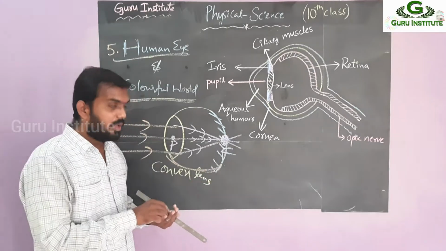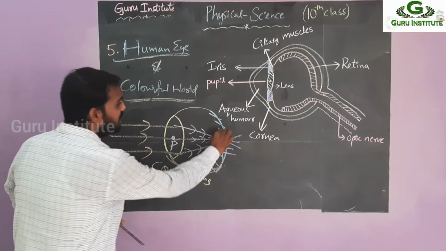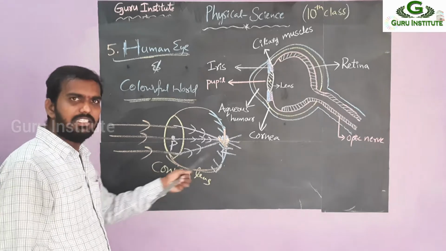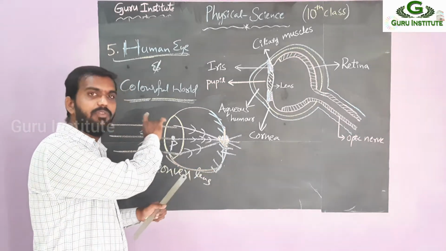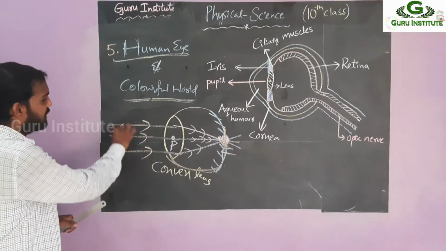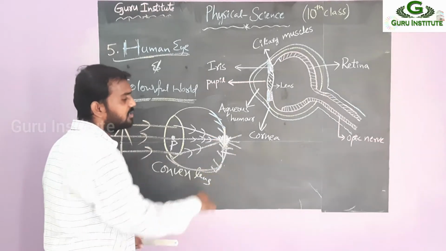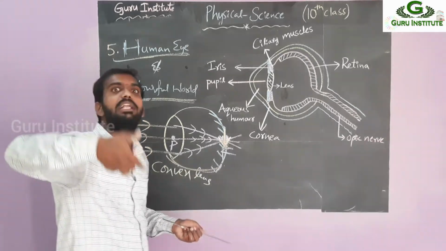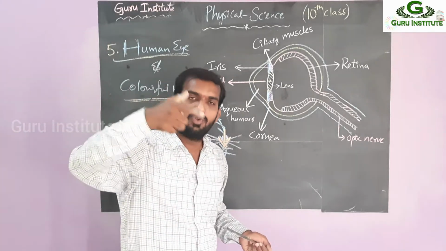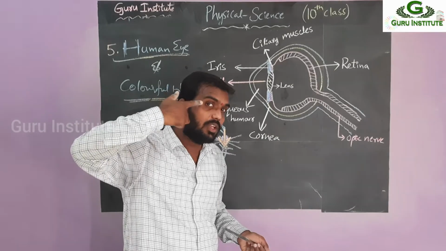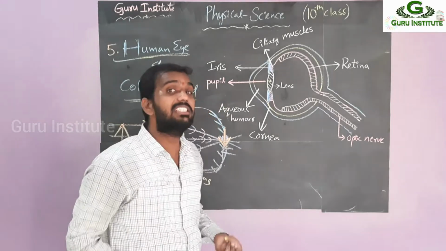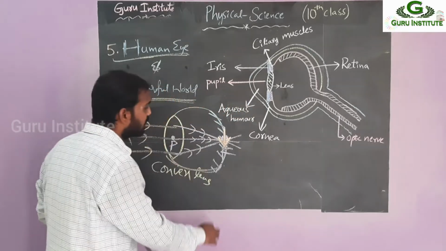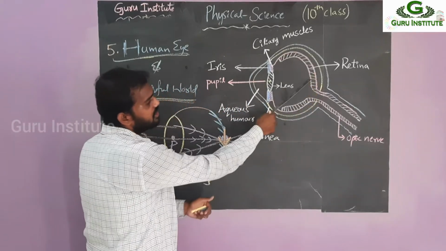Then what will happen? But this image is which nature? Inverted nature. Okay, from parallel rays it is a point image. But if you take some object that has some height, then you will get which image? This is due to convex lens. We are getting the real image, that is inverted image. Any object, that image is falling in your eye inverted, but we can see the image as a straight one only, right? How is it possible? Then what will happen is, what structure is there after that?